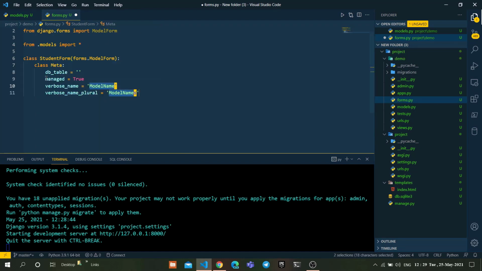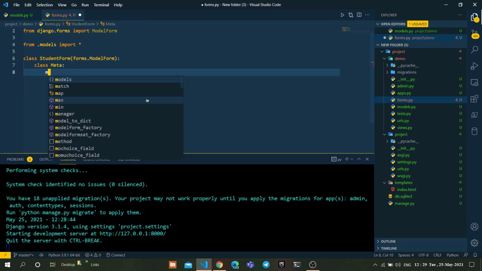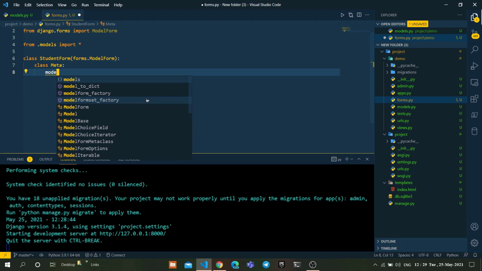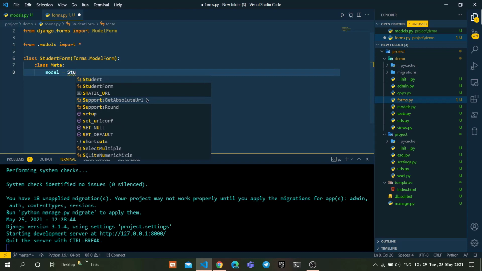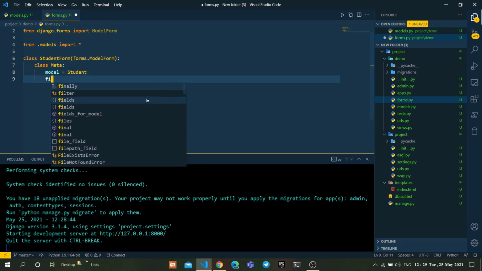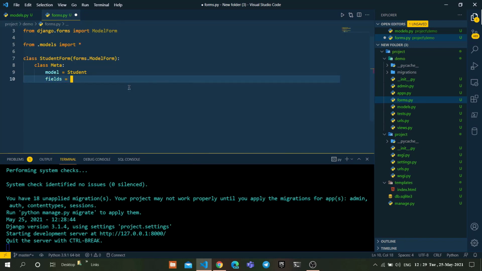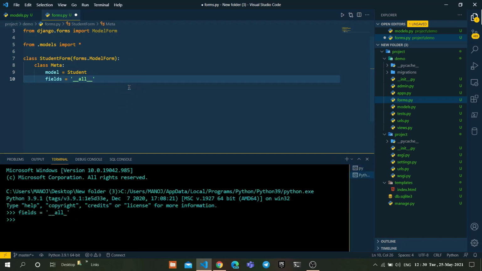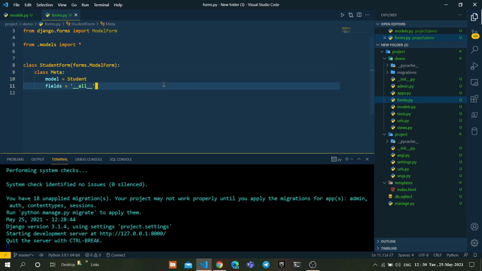Write the Meta class: Meta. Here model equal to Student model. One more thing is fields equal to, in single quotes, all fields, because I want to use all fields. Like this.